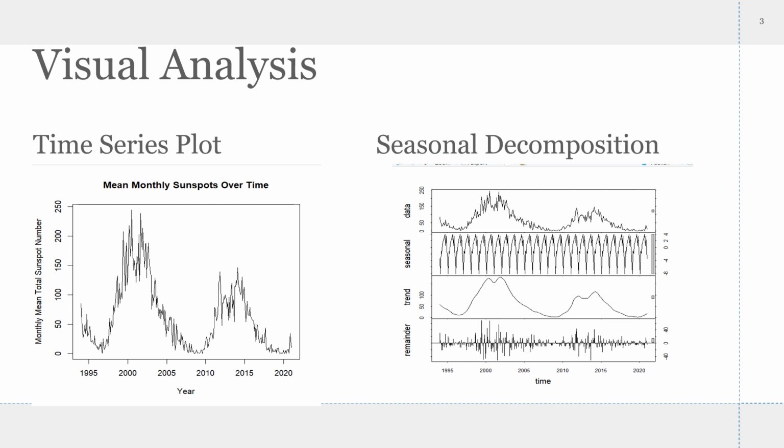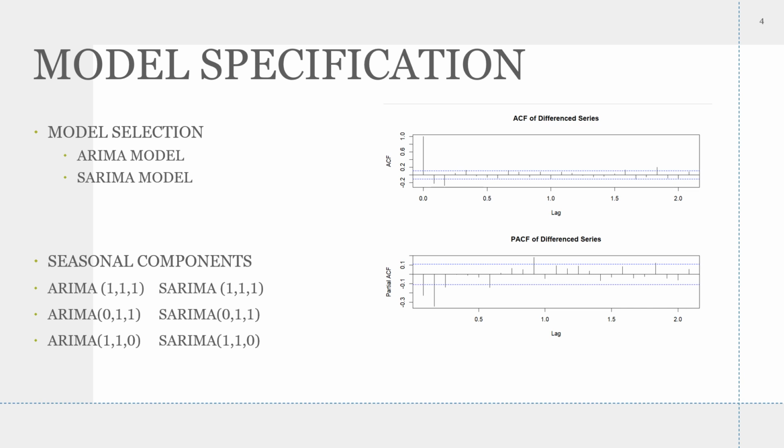From this initial analysis, it appears that an ARIMA or SARIMA model would be suitable due to the strong seasonal pattern and the apparent trend. However, the presence of non-stationarity means that the series may first need to be stabilized via differencing. The series first underwent first-order differencing, and after confirming by an ADF test, the series was now stationary.